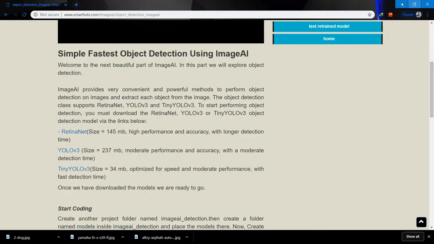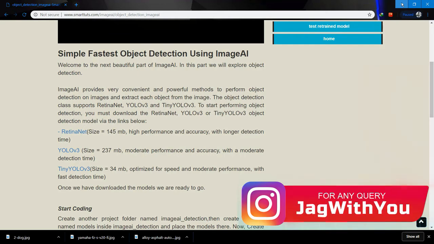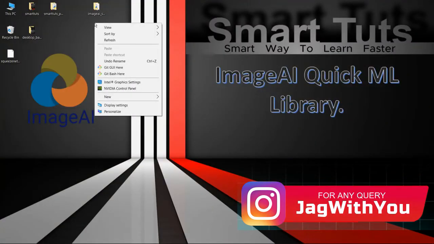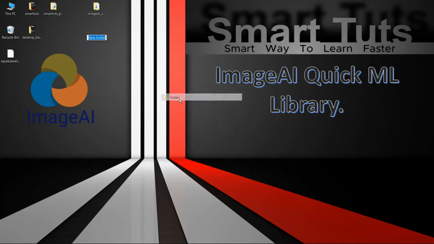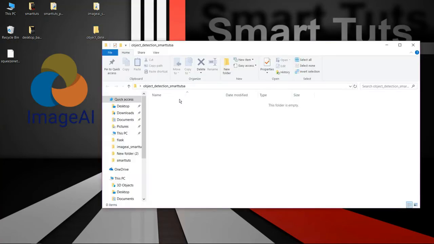Image prediction uses different models, and object detection uses another, different model. So for object detection, let me create a new project folder named object detection. Here I will be creating a models folder, and inside models I am going to place my models.